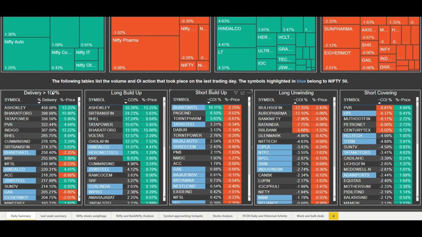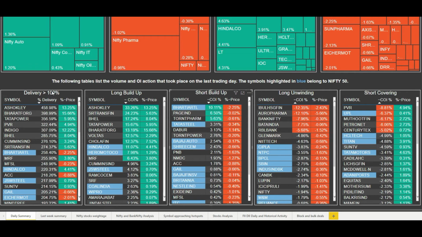So what do we mean by cumulative open interest? In the case of cumulative open interest, we are not seeing only the current month open interest, we are taking the next 2 months open interest also. We combine the open interest of all the 3 coming months together, and we are seeing this number. This gives us a very good overview. The current month picture only shows you half the picture, but if we take the cumulative open interest of the next 2 months also, because in India generally there is liquidity up to the next 2 expiries.